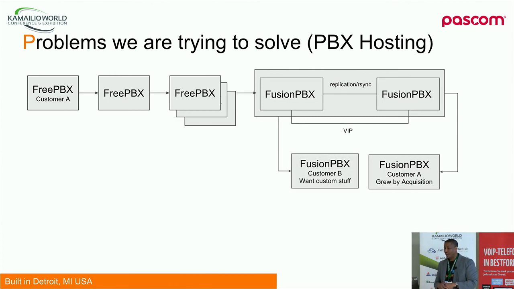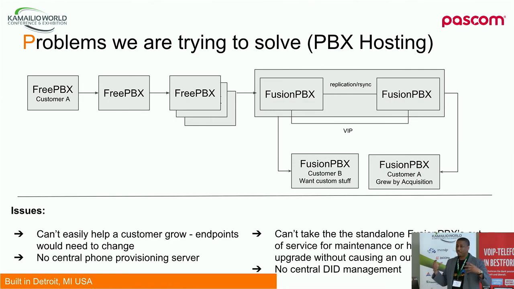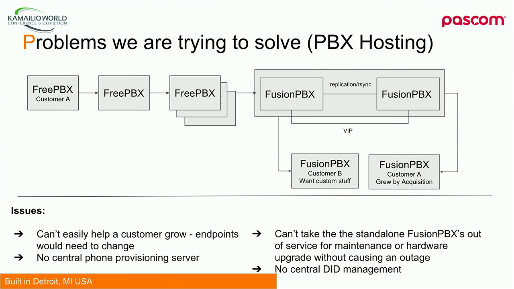And then customer B wants some custom stuff, which really doesn't fit in sometimes with some of the stuff you're trying to do in Fusion. So they get back to that situation where they kind of left from FreePBX, right? They're getting back to the point where they have a bunch of different systems still. So really the issues with this is really,